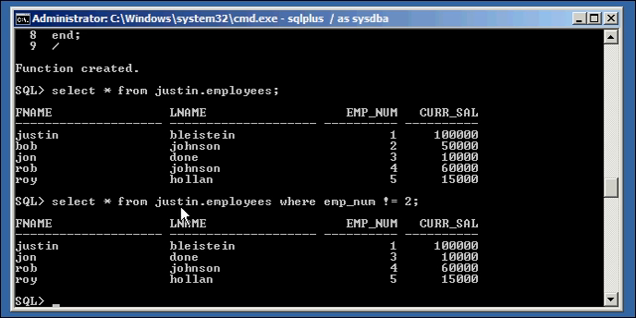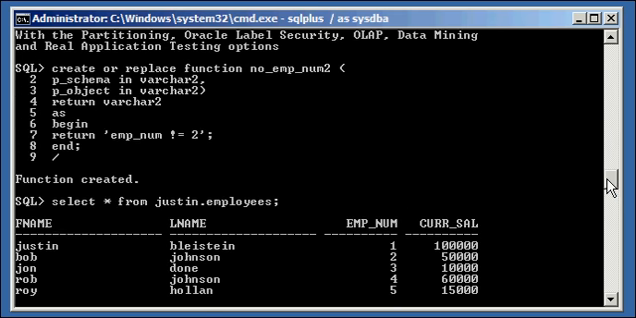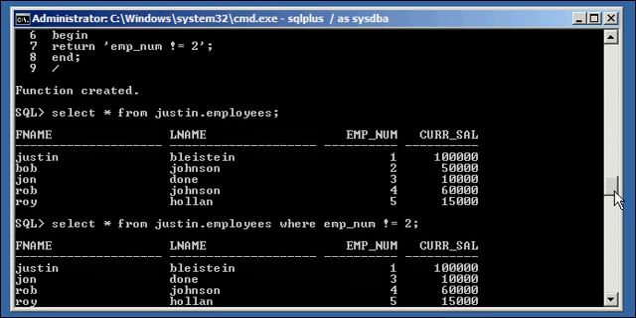But if I say select everything from the employees table where the employee number column value is not equal to 2, it omits the 2, as you can see. And if I just say equals, it will only give me the row where the employee number column is equal to 2. Okay? So what I did when I created this function, basically this function is doing what this select